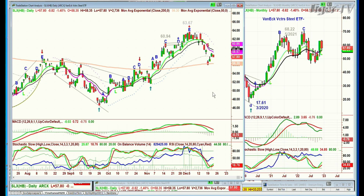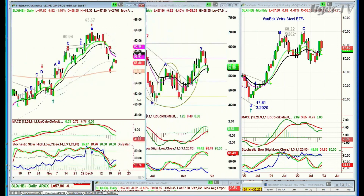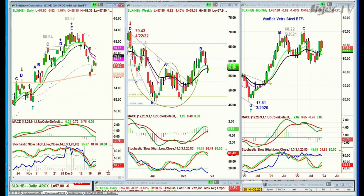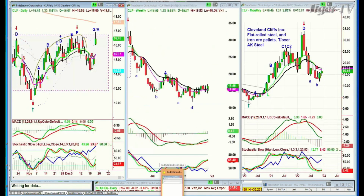I mean, it's a visual. It's a GPS visual. You use it the way you use it. That's how we used it to get a very nice bounce in the diamonds the other day. We took our profits with that. We tried again today. We gave back some of the gain there. But this is how 200-period moving averages work. So, yes, this is very important for the steel stocks, the whole steel sector, and CLF is very much part of that. So is